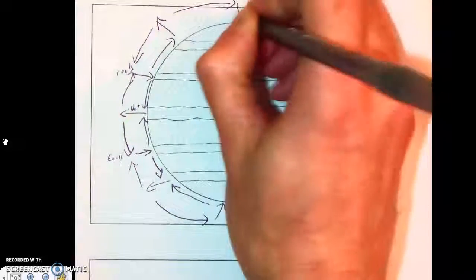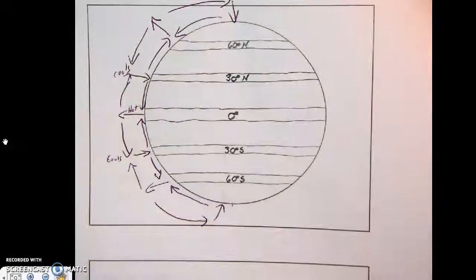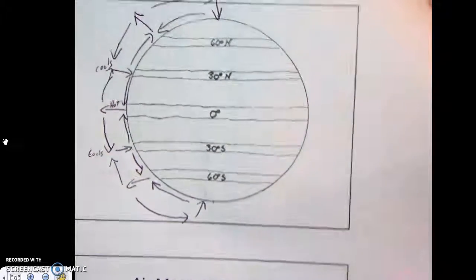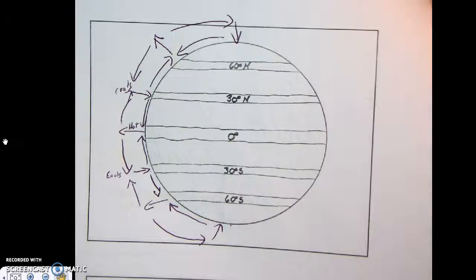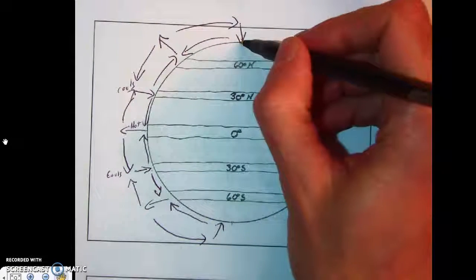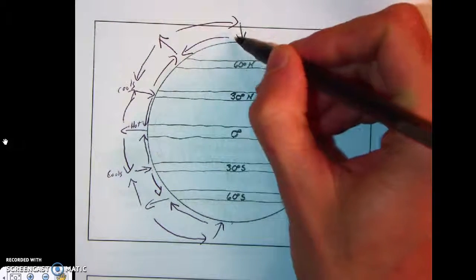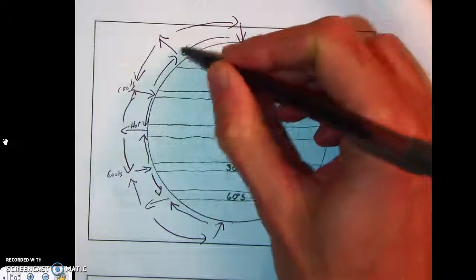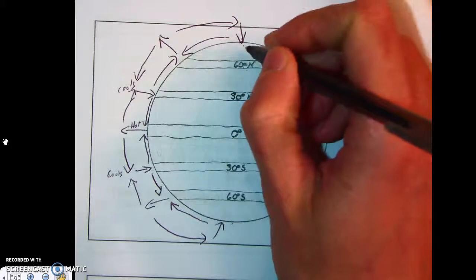It's going to sink towards the poles and return. Now, this is still a simplified version of what's going on, because now we actually have to include the deflection of the wind due to Coriolis effect. So, if we pretend that we're at the North Pole and we're looking down towards 60 degrees, the wind is coming down from the pole to 60, and if you imagine you're facing this arrowhead, you're at the pole looking down, your right is going to be,